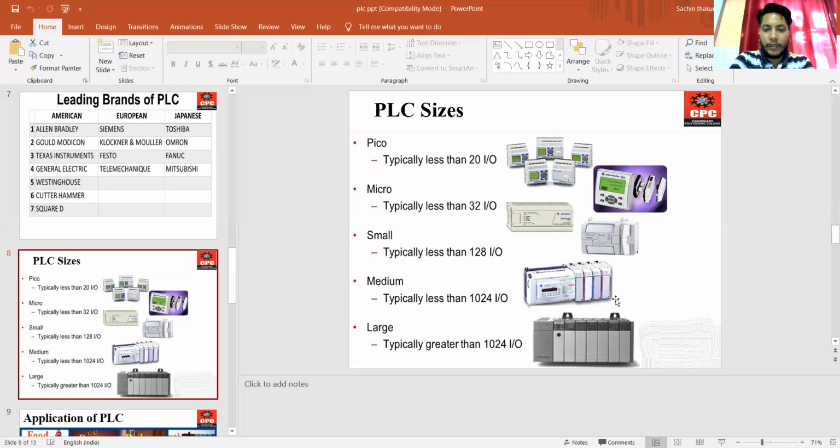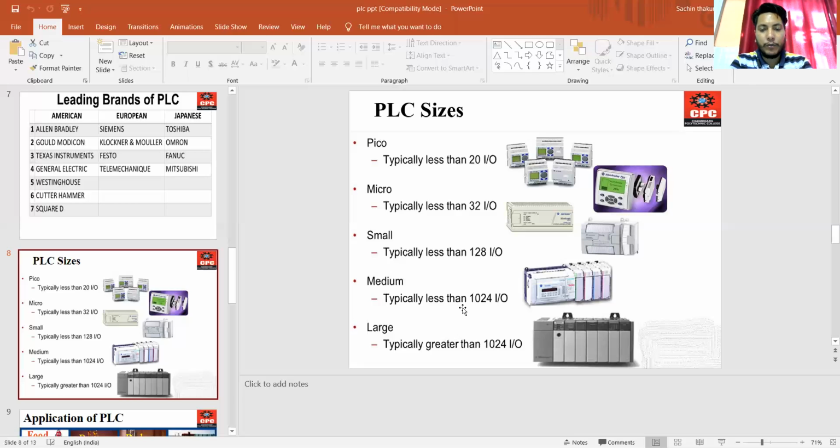In the diagram you saw the PLC with pico size, and here is the micro size. In micro size, the input output is less than 32, and for small size, the input output port is less than 128. So this is the small size PLC.